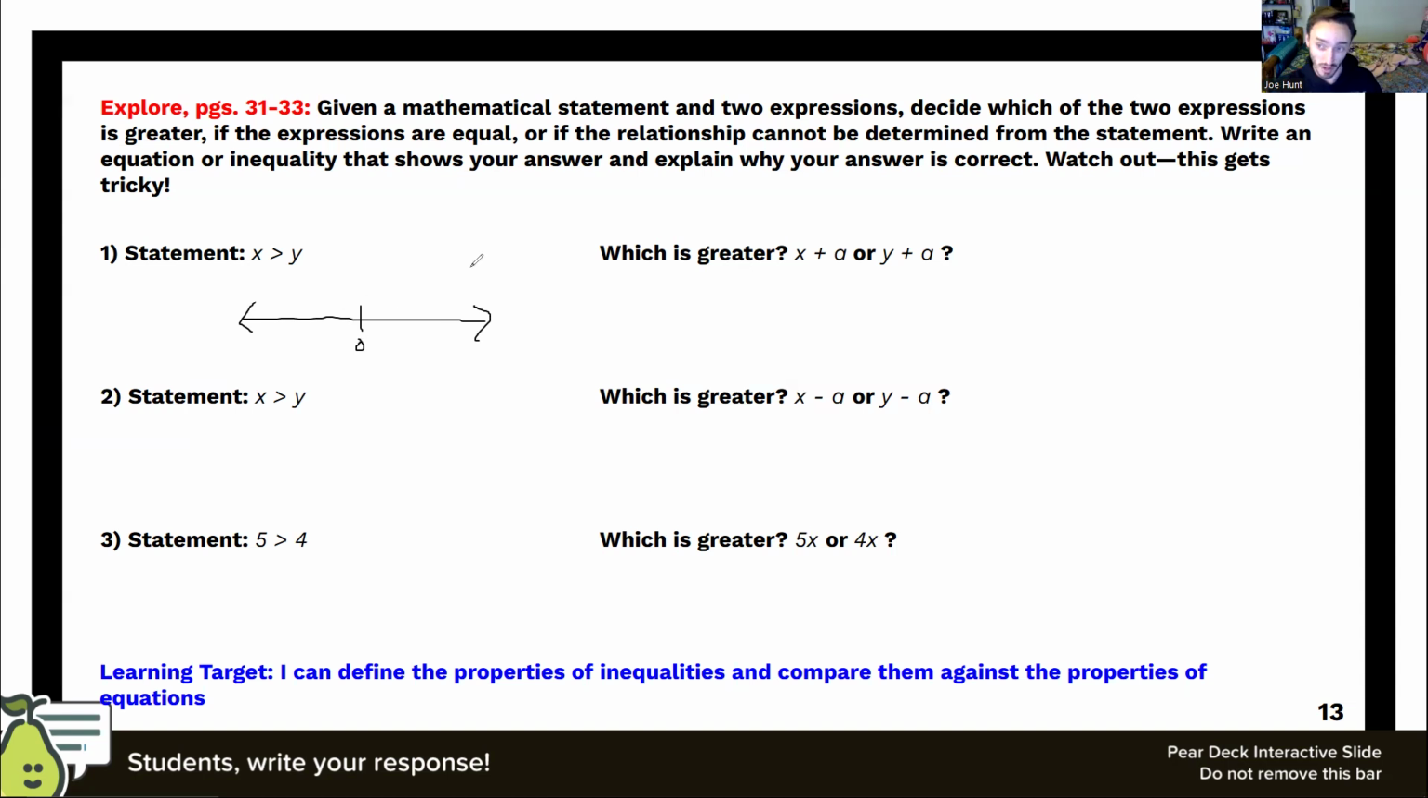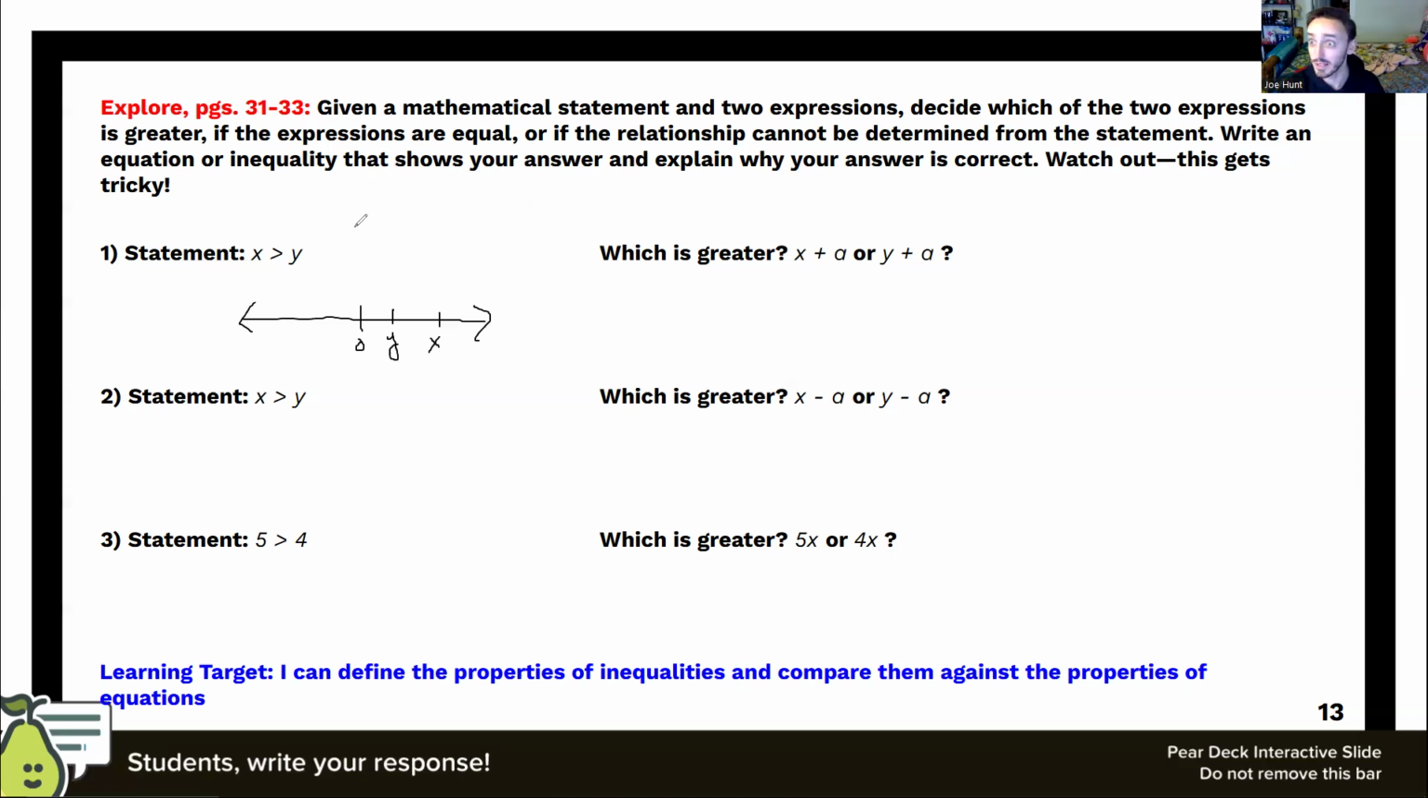I don't know if they're both positive, if they're both negative, if one's positive or one's negative. So what I might do here is consider all possibilities on the number line, right? I might engage in some casework. Let's say that they're both positive numbers. Let's say that x is greater than y, but y is a small positive number and x is a big positive number. If I think about adding or subtracting some value for a onto these guys,